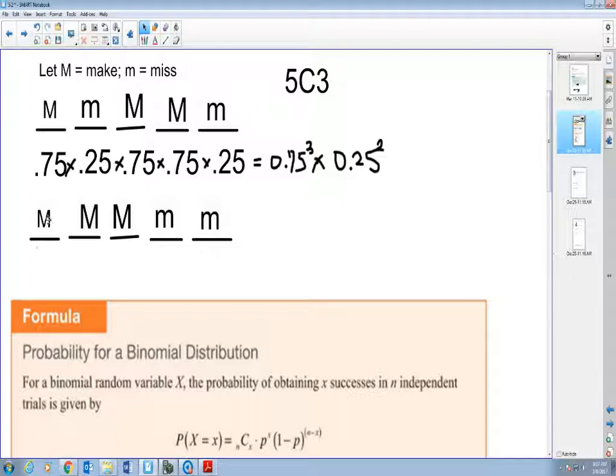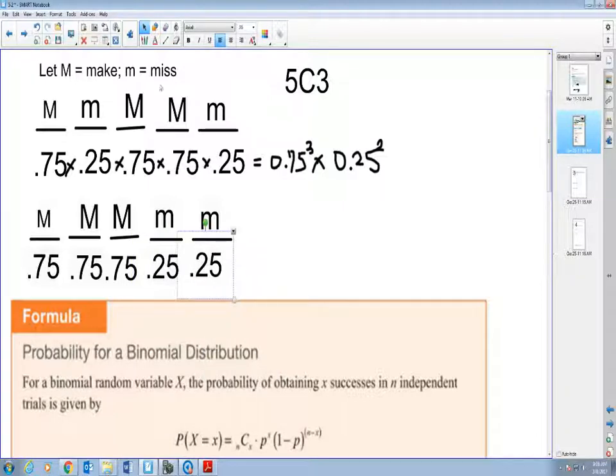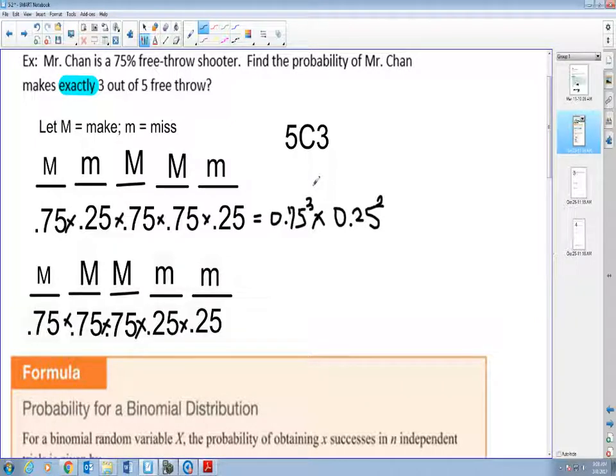Make is 0.75, right? Make again is 0.75. Make again is 0.75. The miss is 0.25. One task followed by the other, we multiply. So basically, all these many different ways I can make the 3 shots, my probability of making versus missing is going to be the same for all these ways. So that's the reason why